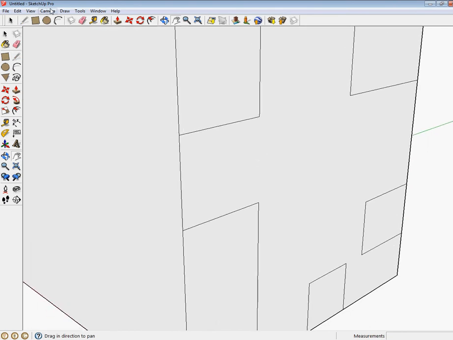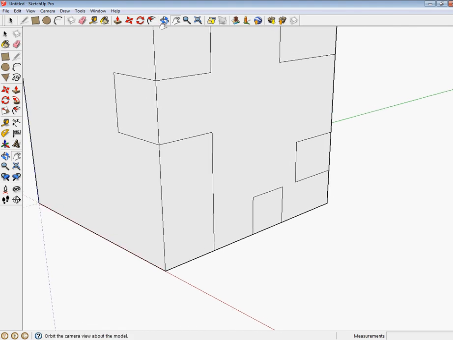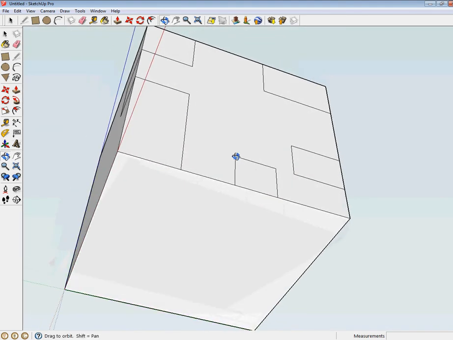This way I know I can click here, and this line's going to be parallel here. Coming down to this one over here, I can click here. I want to go out 1/4 of an inch. Click. I'm going to scroll my mouse over to where it says endpoint, guide my mouse, and you'll see that it snaps. I'm going to click, and then click, and I have a couple other sections that I want to extend my 3D piece to, so I'm going to come down here to the bottom. I'm going to click, come out 1/4 of an inch,